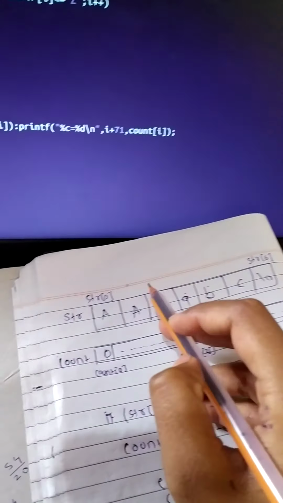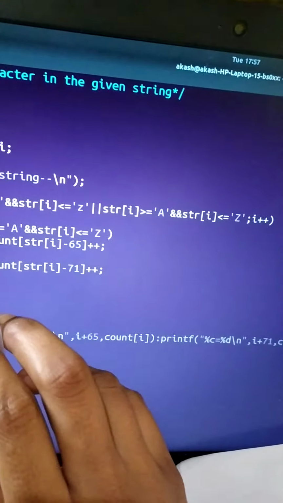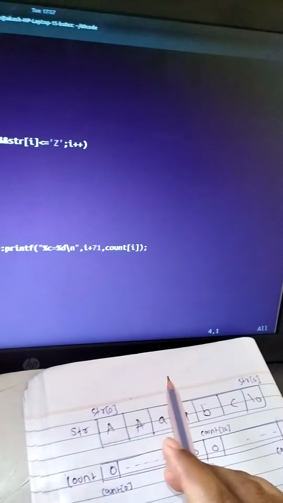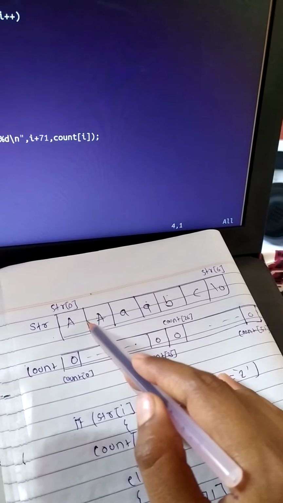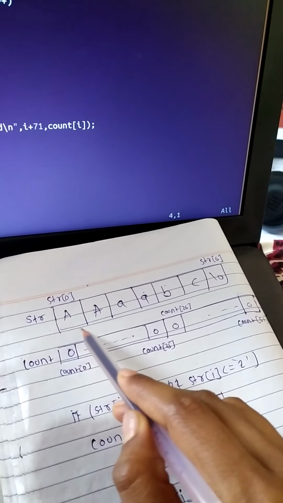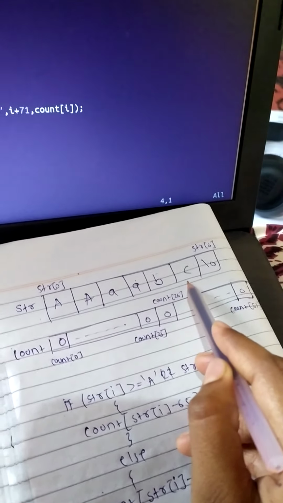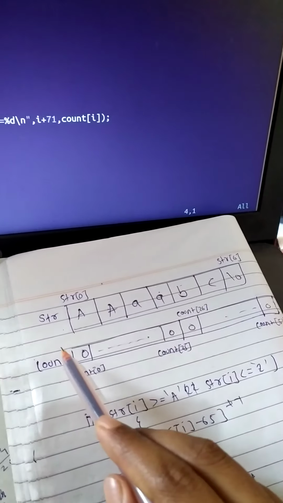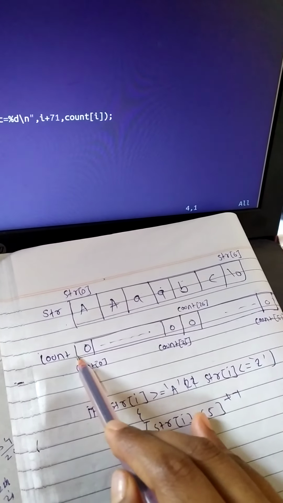See here, we take one character array str, and we take one string. The string contains the character capital A 2 times, small a 2 times, small b 1 time, and small c 1 time. And I keep one integer array named count.